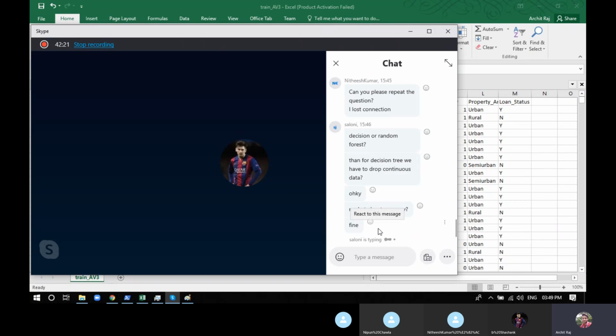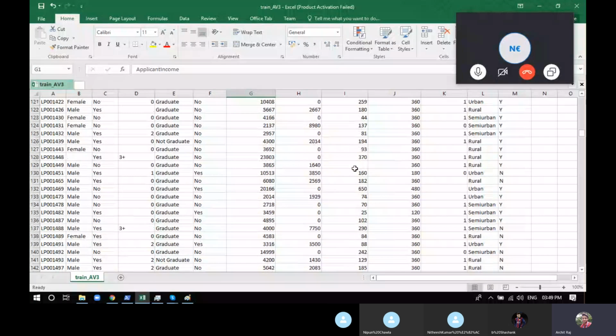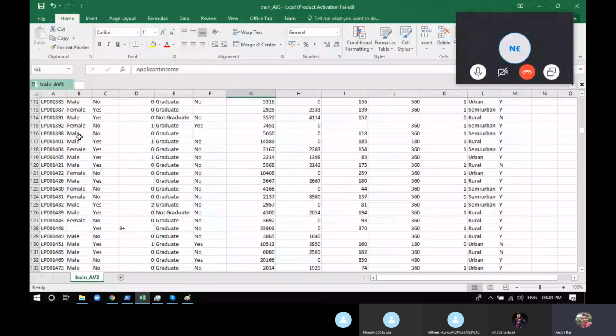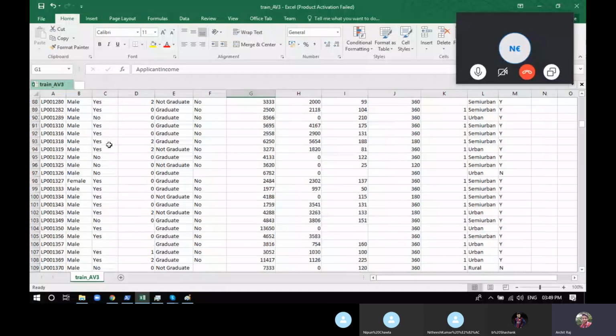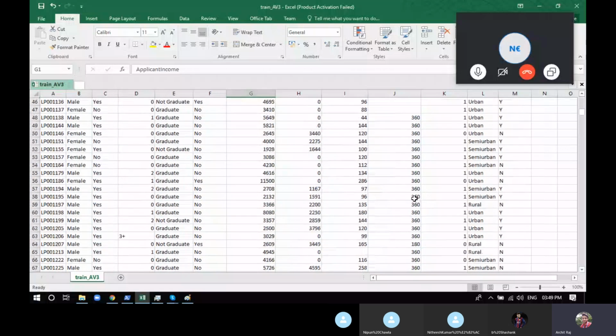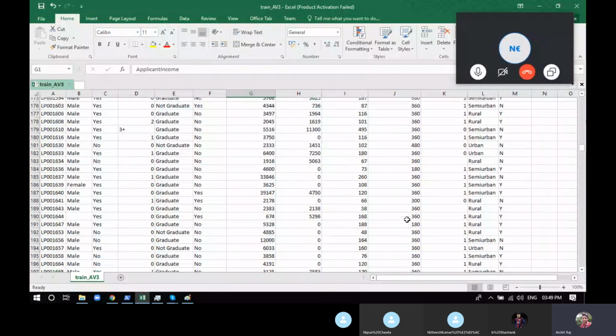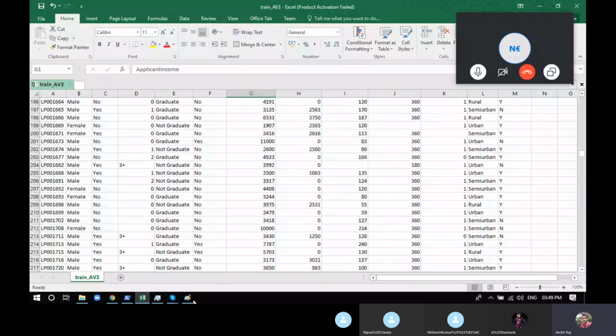Cool. So again, same thing, whole week to complete this project. I'll forward the data set, get your hands dirty. And one thing more, this particular data set has missing values. So handle that also, because there are some small missing values you can see. Male and female, there's some male and female gone. Loan term amount is gone. So handle that also. So I guess everything is clear now.